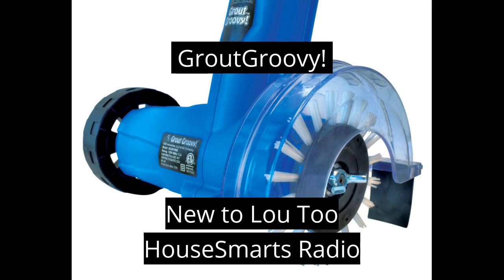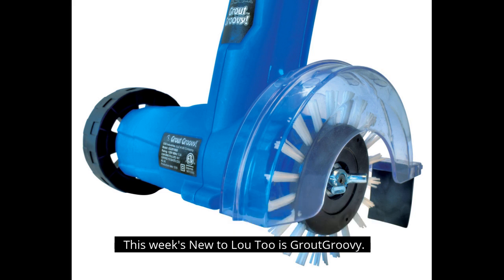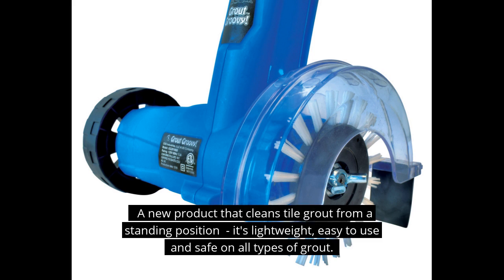Lou gets a lot of questions here on HouseSmarts Radio. One he gets often is how to clean that dirty grout. So when we came across this week's New to Lou 2, we couldn't resist and had to test it out ourselves. This week's New to Lou 2 is Grout Groovy, a new product that cleans tile grout from a standing